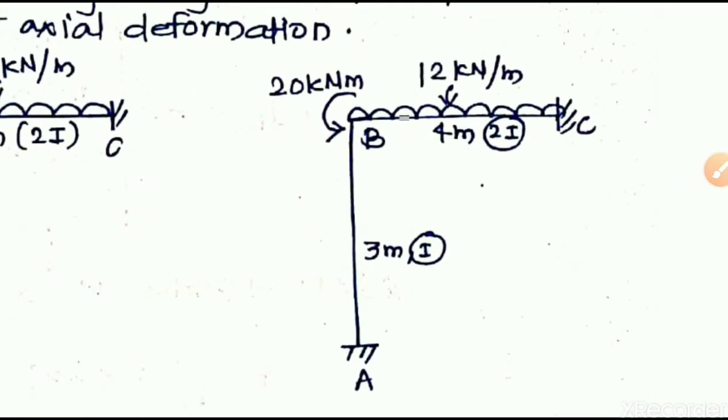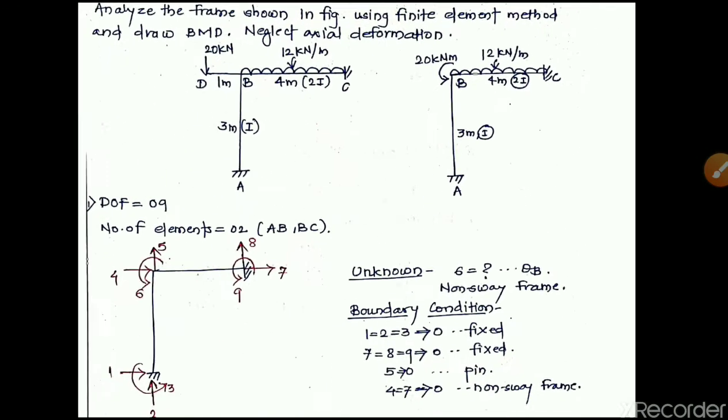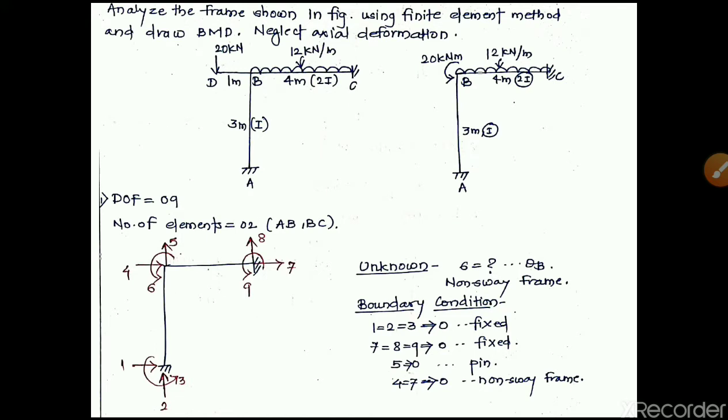We can have this problem in this way. The remaining loading conditions are the same as they are. For members AB and BC, simply the overhang part that we have converted into a moment of 20 kilonewton meter acting at B point. That is the external moment acting at B support. Now let us solve this problem. Steps are the same as per the previous video.